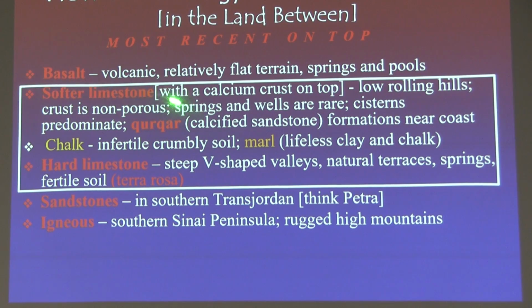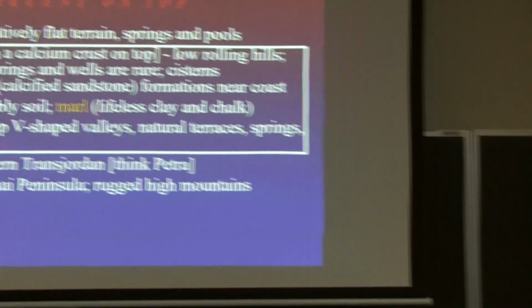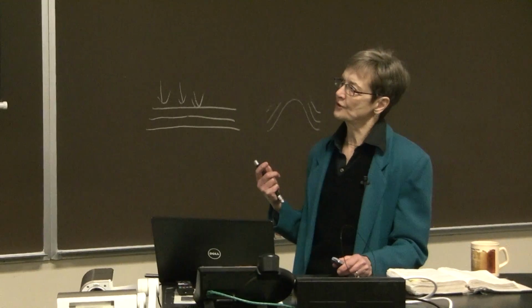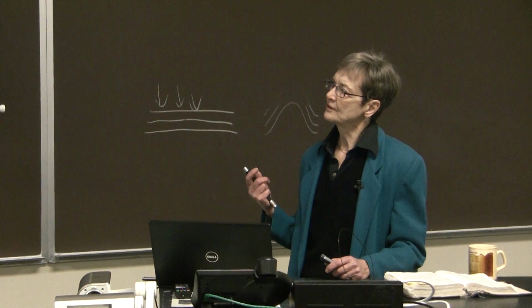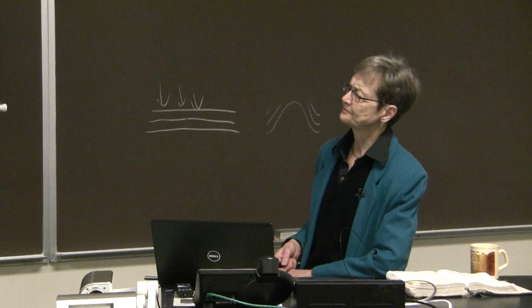On top of that is going to be a softer kind of limestone. This is from the Eocene period. You may remember our global thing that we had. That was the Middle Eocene. That was when this softer limestone was deposited. It has a kind of hard calcium crust on top. It's called nari. That's this crust right here. But because it's a different kind of limestone, because stuff filters out of it too quickly, you do not have a lot of springs there, right? You have to deal with cisterns as your water source.